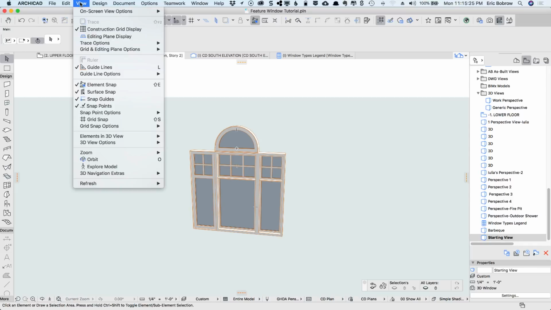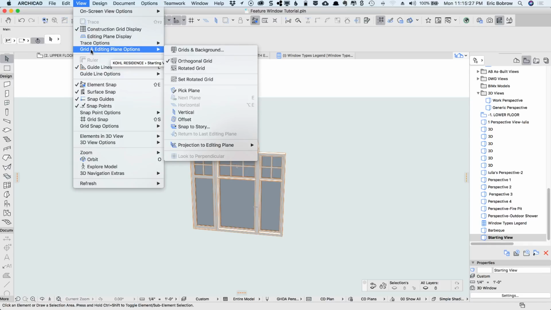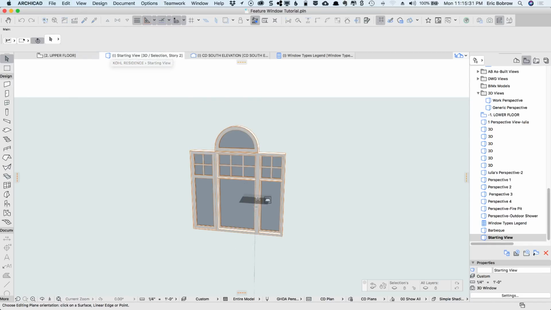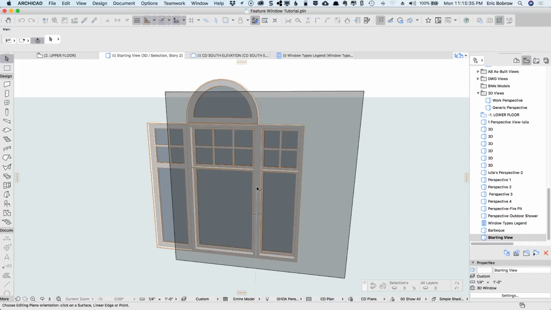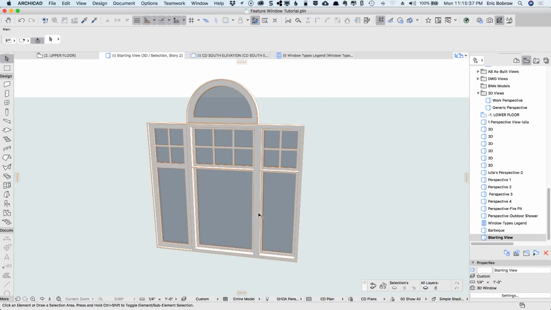So to do that, I go to the View menu, Grid and Editing Plane Options, and say Pick a Plane, and then just hover over this, maybe zoom in a little bit so I know that I'm on the face of the frame around the window. So that has now defined a plane, and that would be parallel to the wall when this new window is